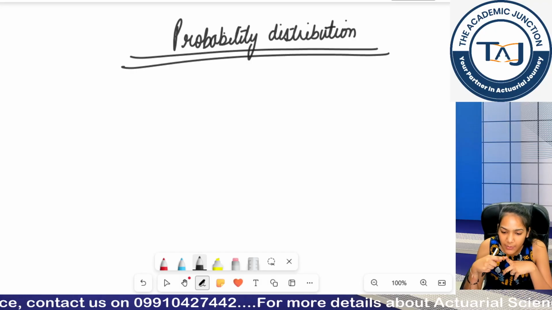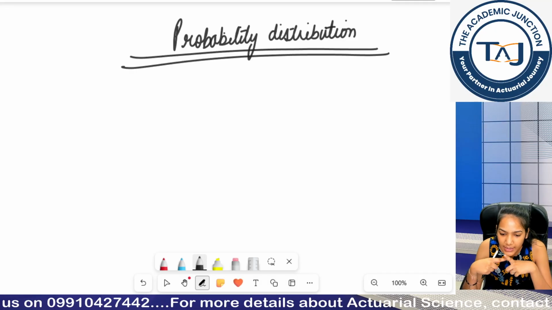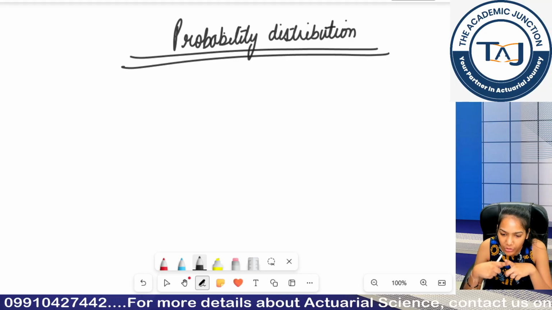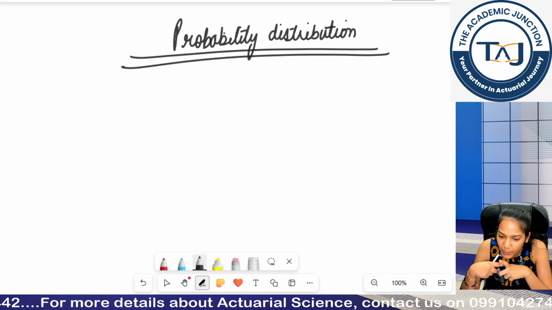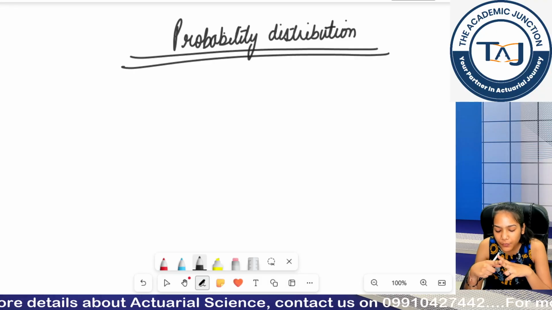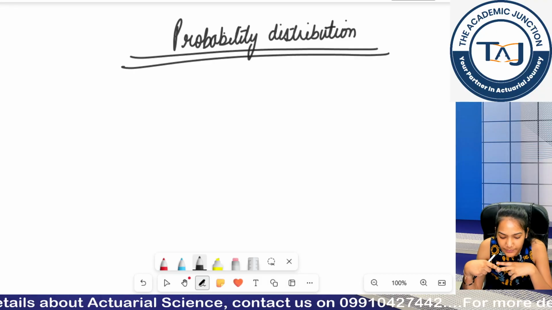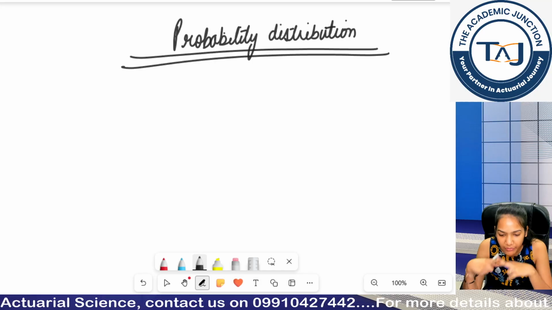So in discrete distribution we studied uniform distribution first, then we studied binomial distribution, Bernoulli distribution, and we know that Bernoulli is a specific case of binomial distribution where we are doing only one trial, right? Then we move forward to geometric distribution. Now we will be moving forward to negative binomial distribution.